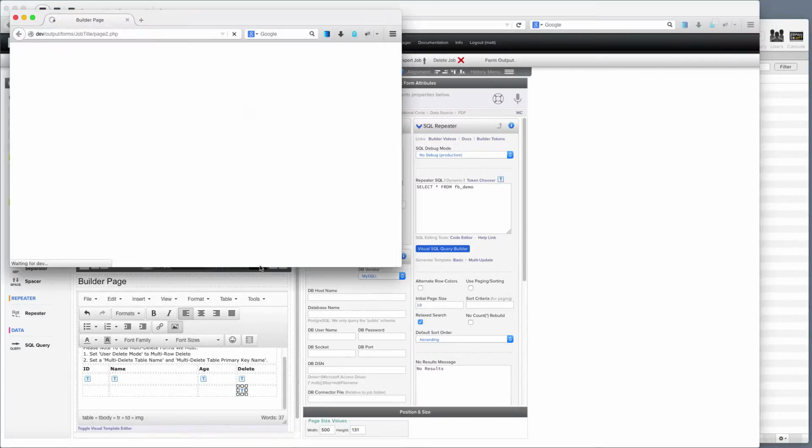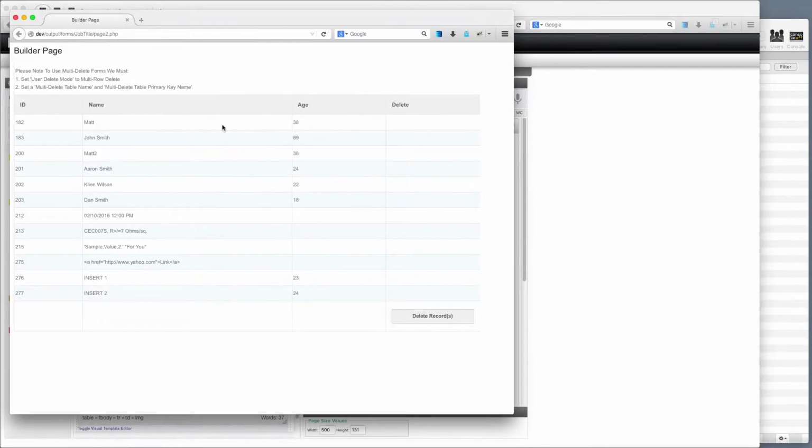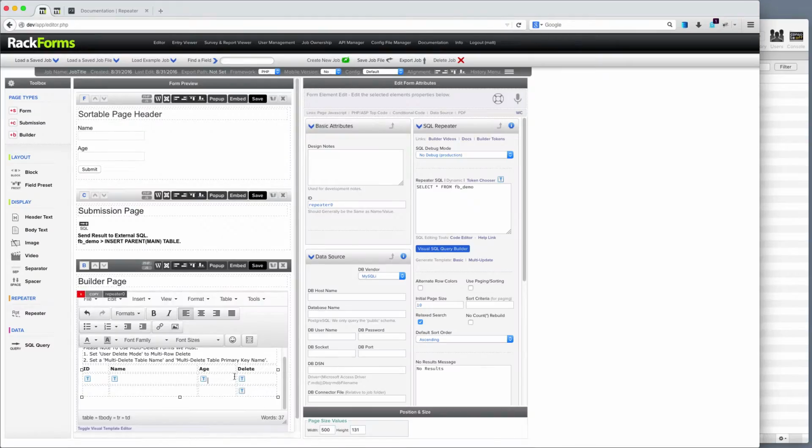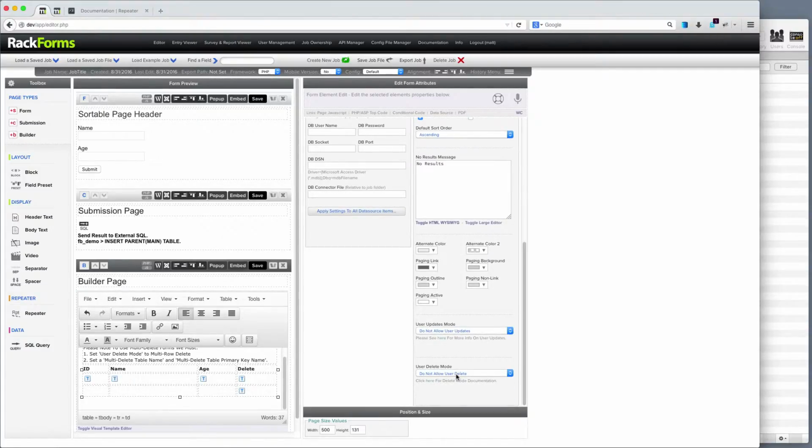And if I actually run this right now, it'll show me the various columns that my table has right here. But if I do something like this, it doesn't actually work, nor can I select any rows to delete. The reason we can't yet get this to work is because we need to go down and perform step 2. So step 2 is to scroll down under user delete mode and set this to multi-row